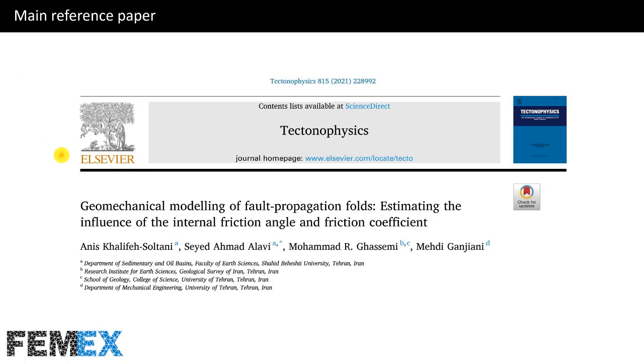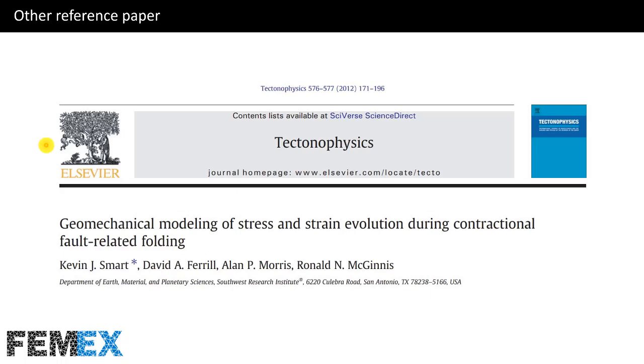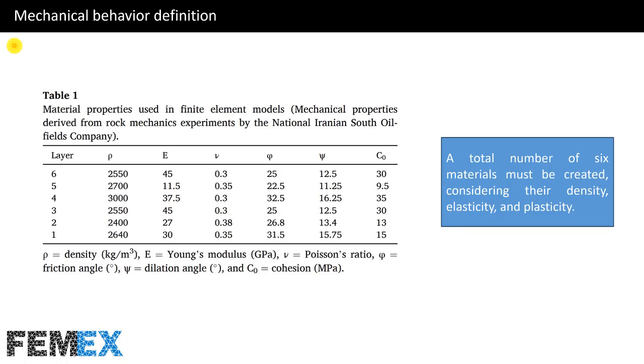Here we have the main reference paper for this tutorial, and here we have the other reference paper for this tutorial. Now I want to talk about mechanical behavior definition. Here we have Table 1 of the main reference paper, and it includes material properties used in finite element models. As the model includes 6 layers, here we have the mechanical properties of all 6 layers, including density, elastic